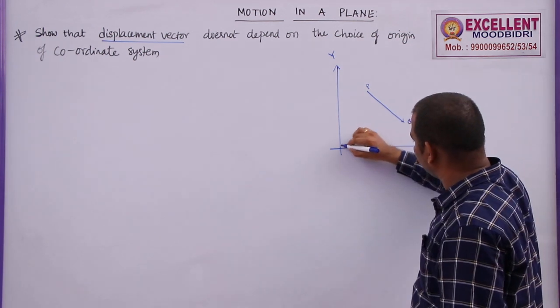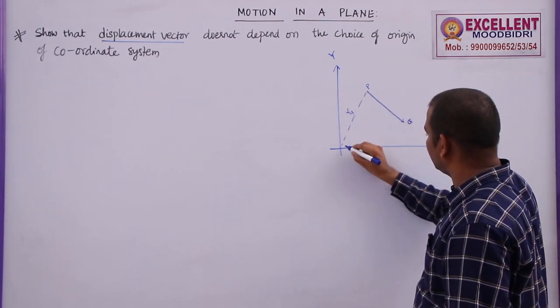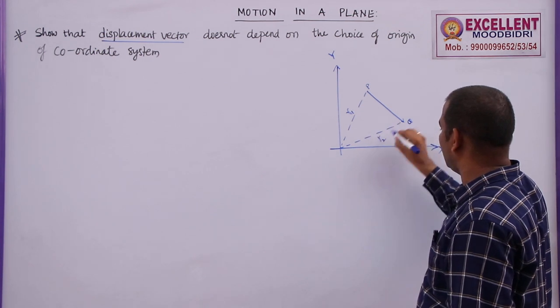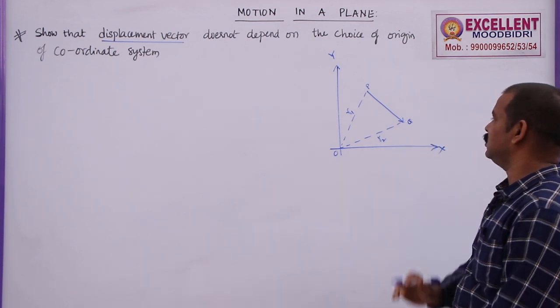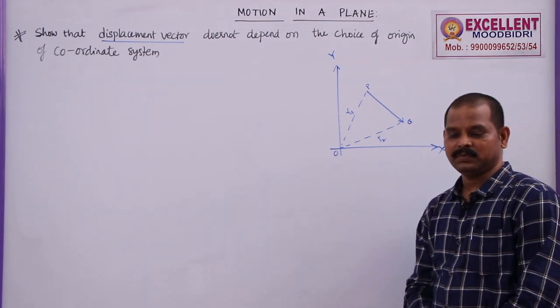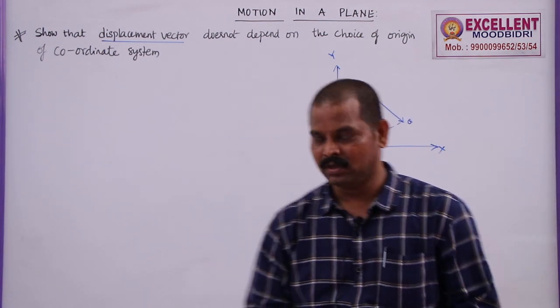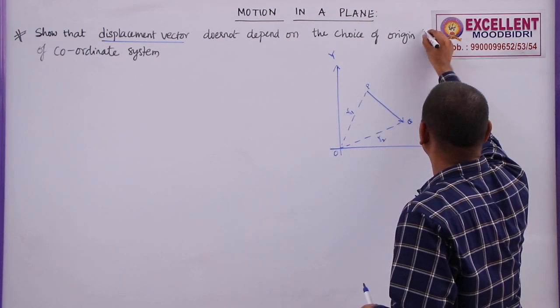So, this is the initial position vector. Let me take it as r1, and this is the final position vector r2. So, this is the origin. So, in this PQ is the displacement vector. Instead of this, let me take one more